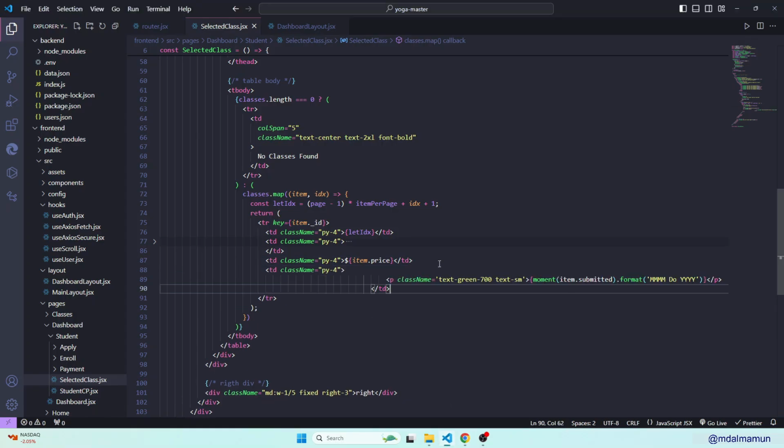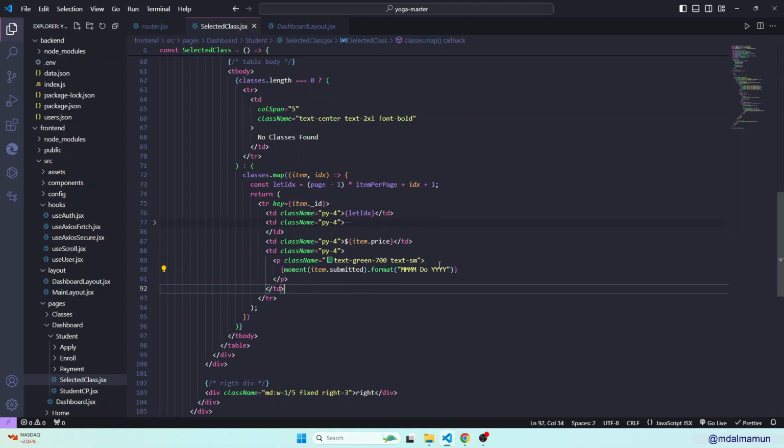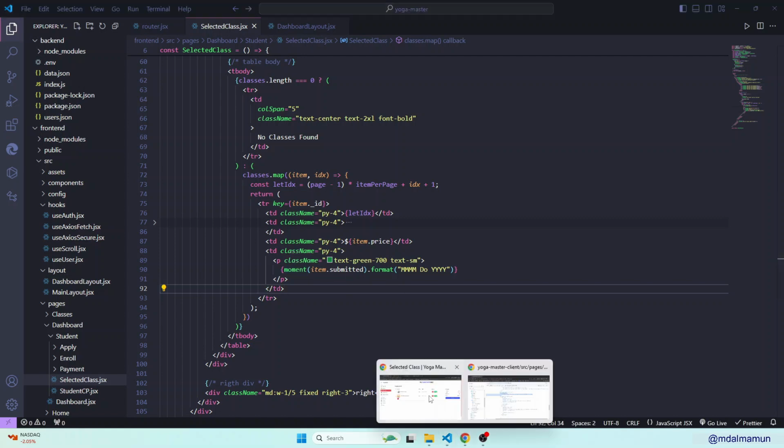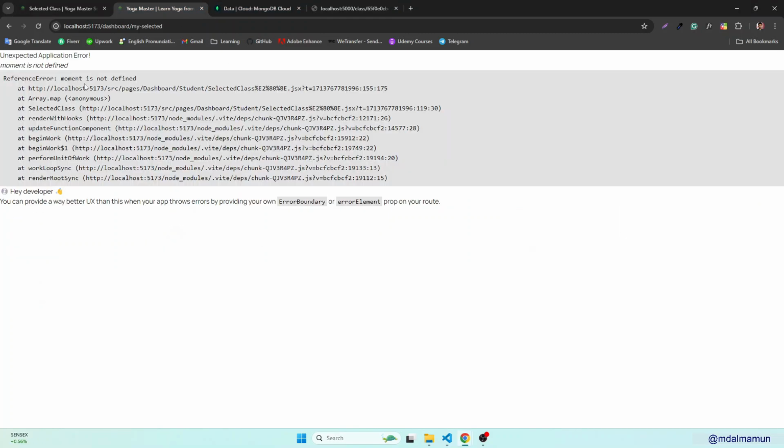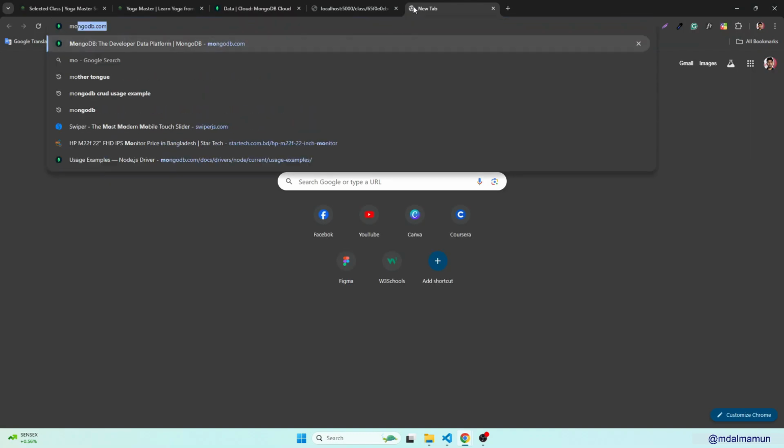So here we will have to define the code. We will check moment, so we will have moment, then we'll have submitted. Let me check if we get any error. Yeah, moment is not defined, we'll have to use moment. So from where to get moment, we have to install it. So let me go to moment